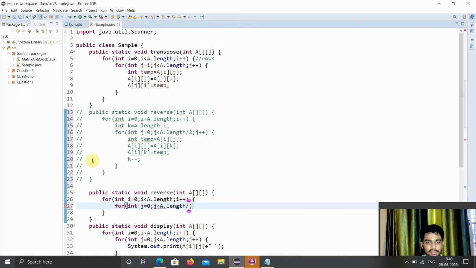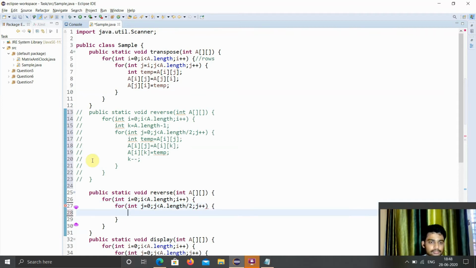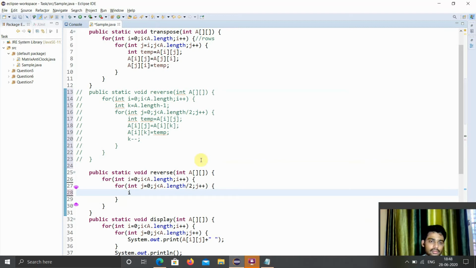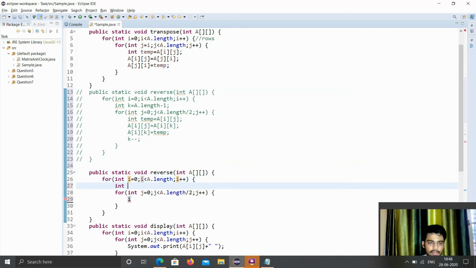We don't need to iterate over the entire column. Instead, we need to iterate to half of the column size. So j plus plus. Again we declare the variable as we defined earlier, k equals a dot length minus 1.